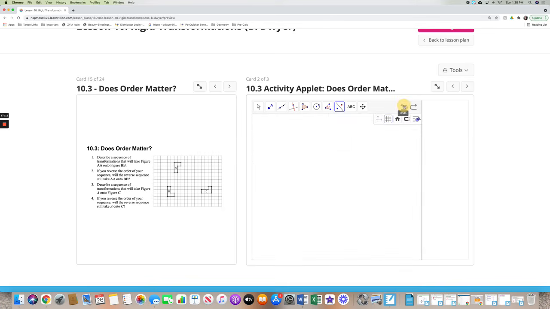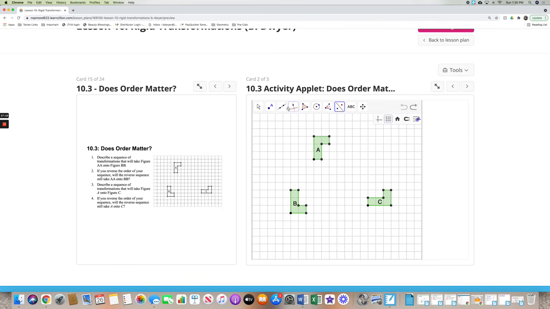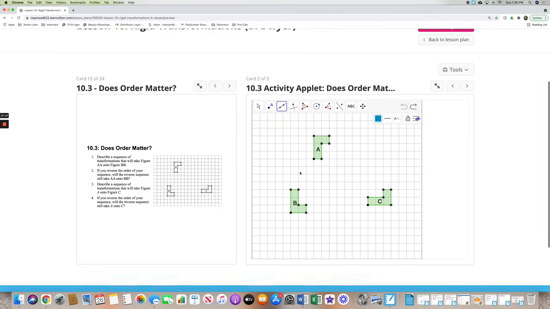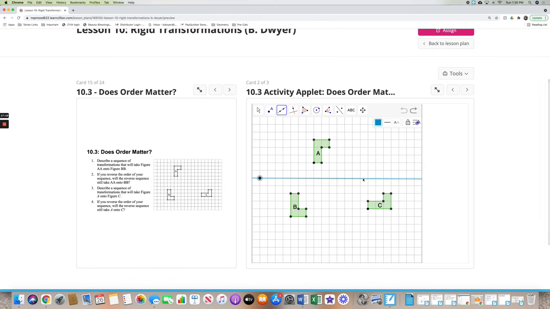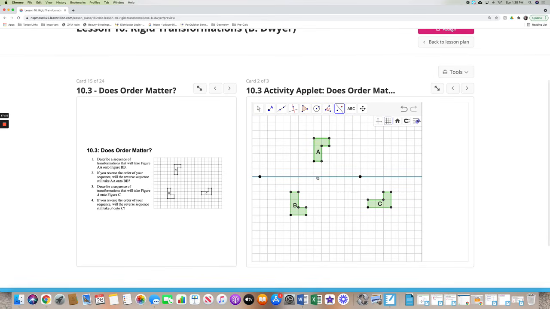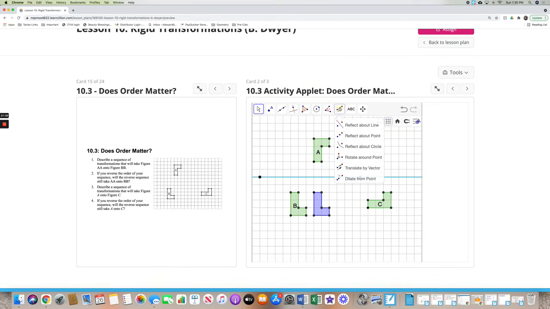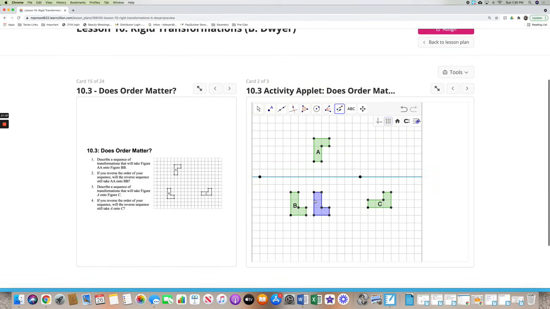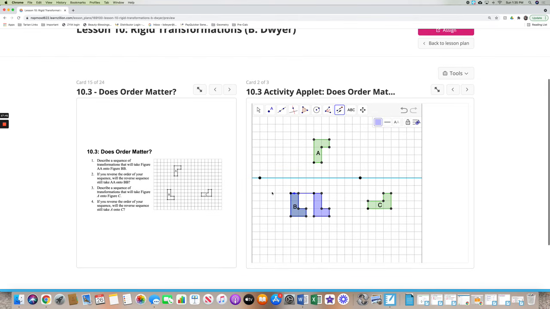I'm just going to delete out all of these and start over, because there's multiple ways to do this. So you could have drawn your line here. And then we could have reflected figure A over this line. Then translated this new shape. Take the shape and then translate it on this vector, moving it 3 to the right, or 3